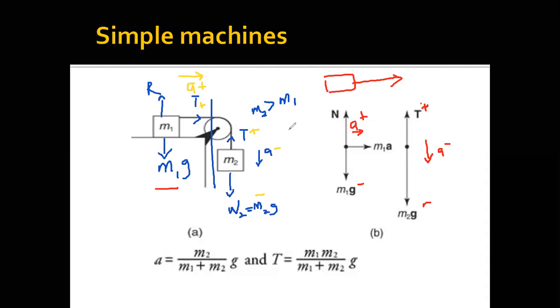But in any case, because the motion is in the x direction, the horizontal component, the only force that is causing this body to move is the tension force here. There's only one vector that is dragging the body along in the horizontal,